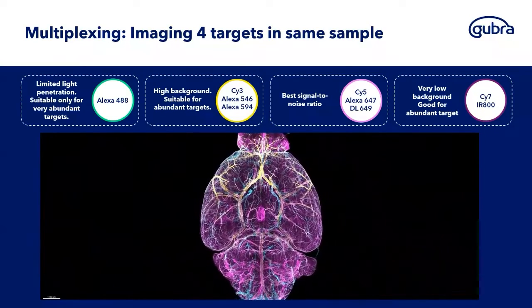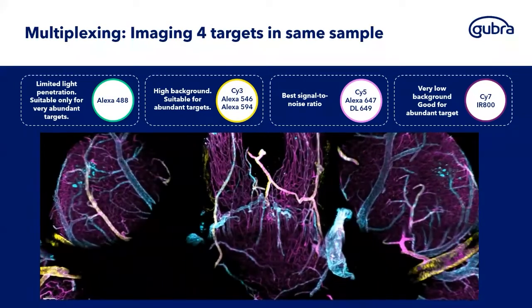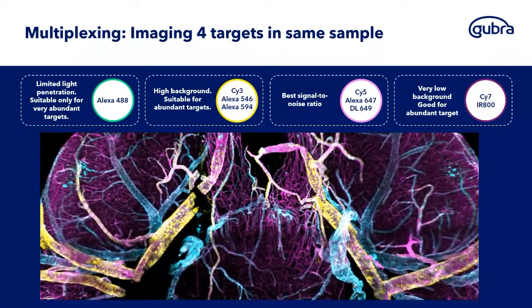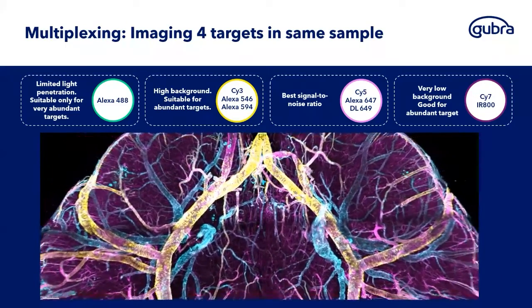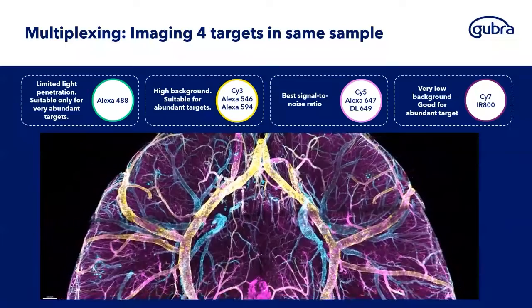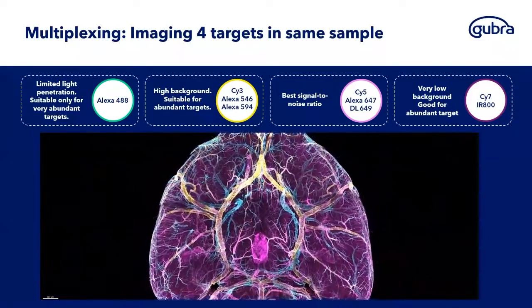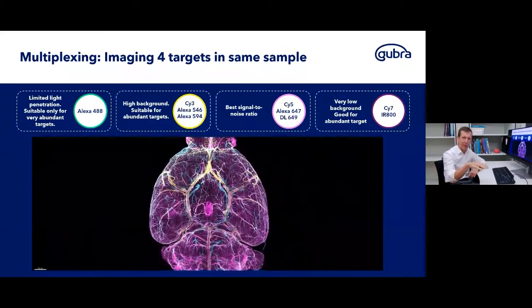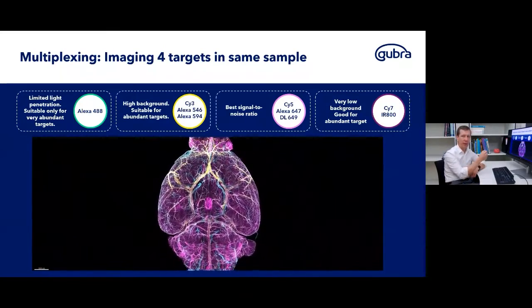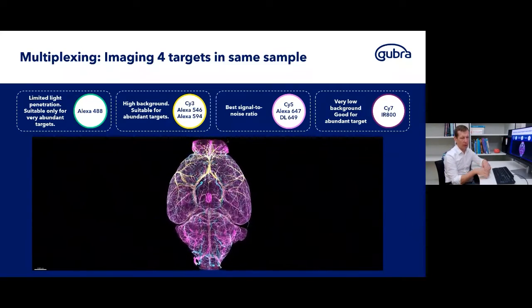So when discussing the wavelengths, shorter wavelengths like green fluorescent protein wavelengths, Alexa 488, are perhaps not the best ones for light sheet microscopy because light at this wavelength doesn't penetrate very well into the tissue. At the same time, there is also quite a lot of autofluorescence in the background. So I would recommend, if you want to use something in this wavelength, then perhaps pick only the best or